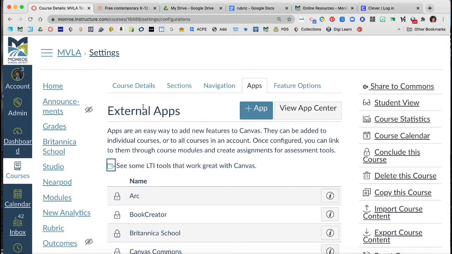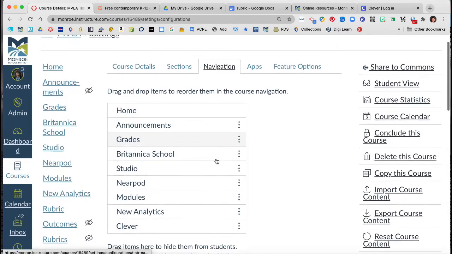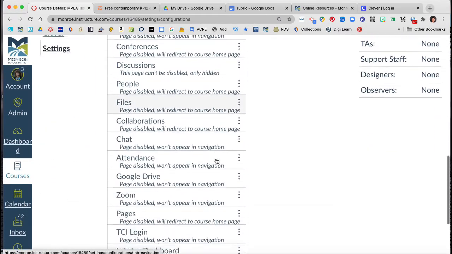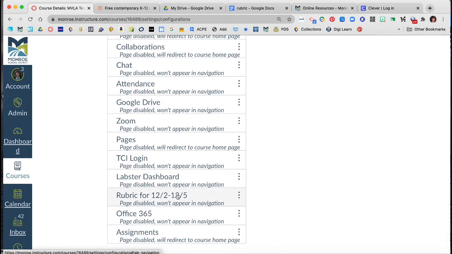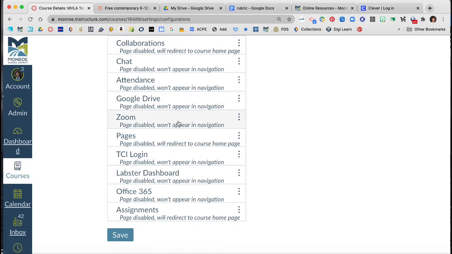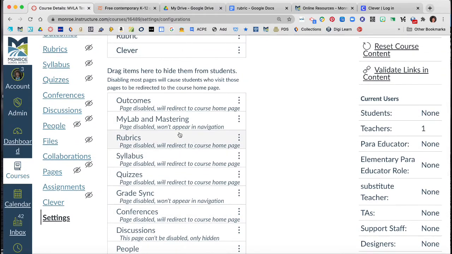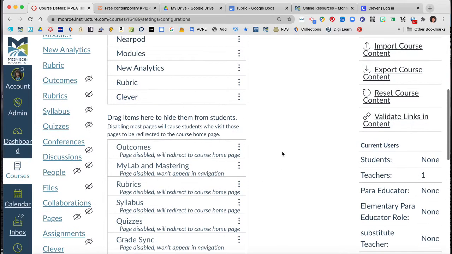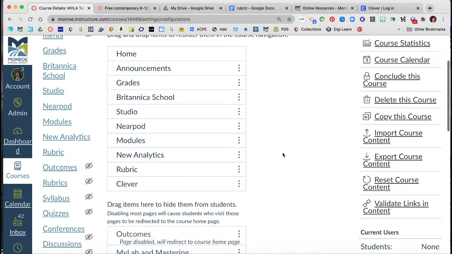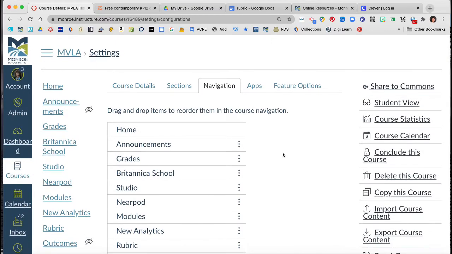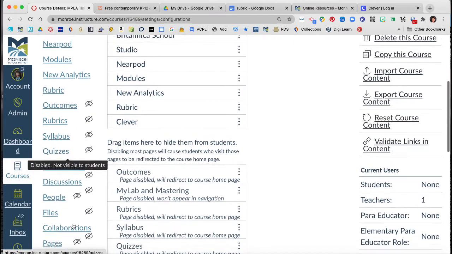And so when I come back over here to my navigation bar, it's still going to show up here because I haven't refreshed it, so here it is. However, if I refresh my page and I come back here, now it's no longer there. And so that's how I can create those links and how I can also delete those links. So I know this was a bit long, but I think this is just such an important piece for you to be able to add these individual pieces into your classroom navigation bar. By the way,